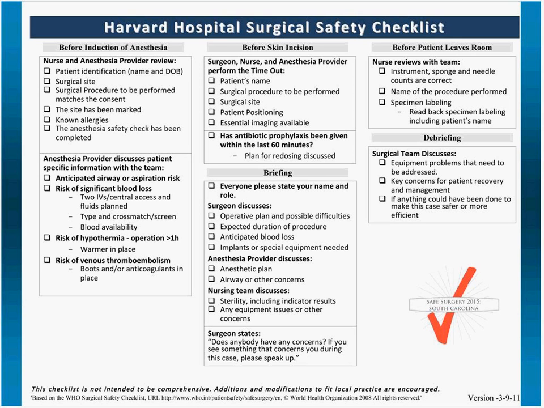Risk of hypothermia or operation greater than 1 hour. I don't think it'll take Dr. Berry more than an hour, but we'll use a Bair Hugger, upper body and lower body. And risk of venous thromboembolism. We do have the SCDs in place, but I don't think we'll need the heparin. Great. I think we're ready to go. Sounds good. Okay, so the prep is going to take place, and the positioning of the patient,